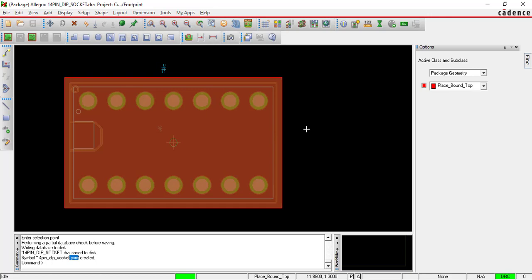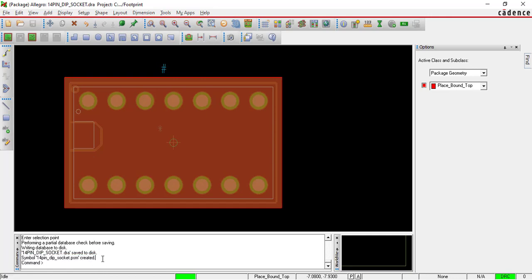So we have to save our footprint. After saving, that .psm should be created. It is important. If the .psm file is not created, it means it has some issue. So after saving, PSM has to be created. Please focus on the PSM creation.